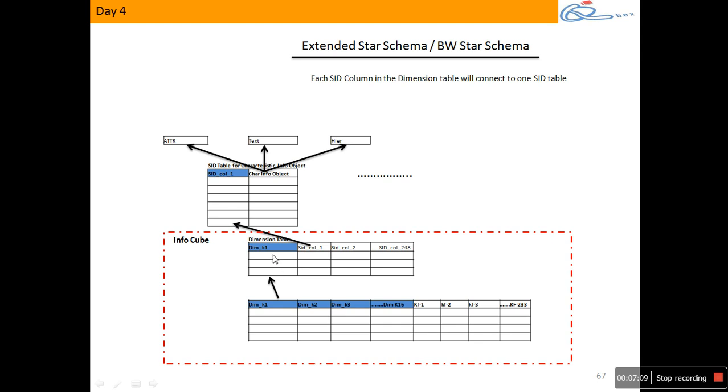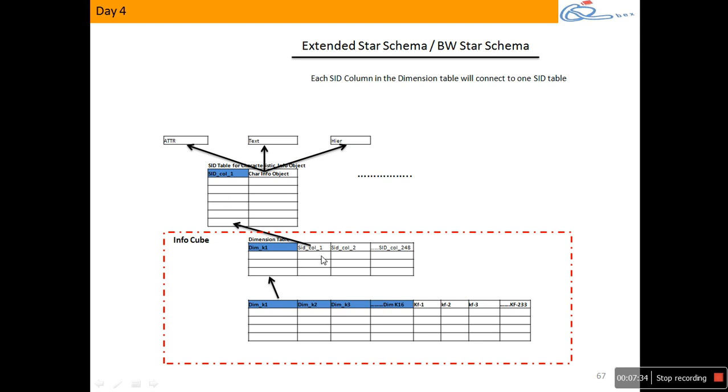Okay boss. Now look at this. Now this dimension table will start getting connected to what? SID table boss. So when I connect this SID table to this dimension table, this SID column will come into this dimension table as a foreign key to connect the tables. Say SID_column_1 is coming into this table, so that this column is connecting to what?